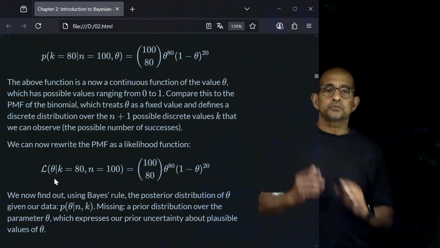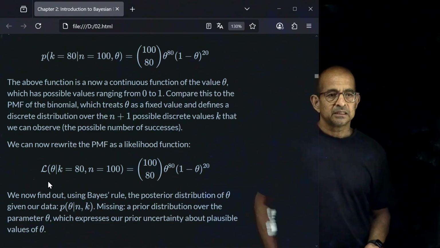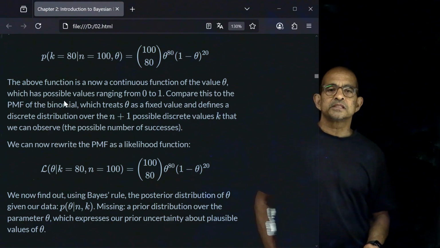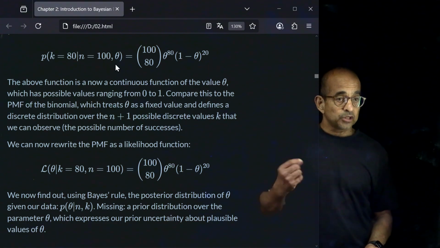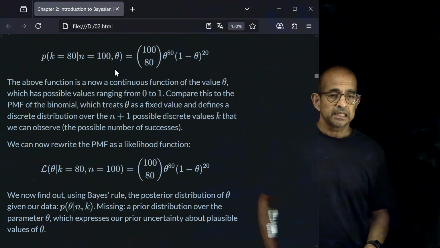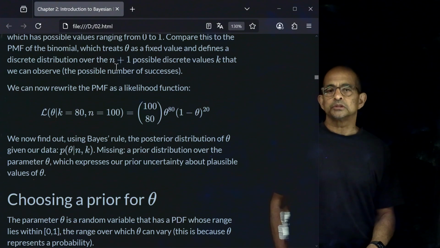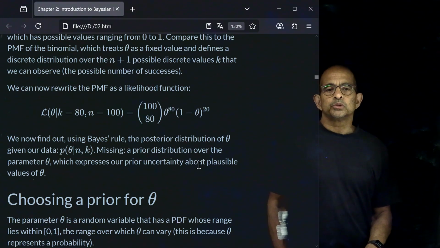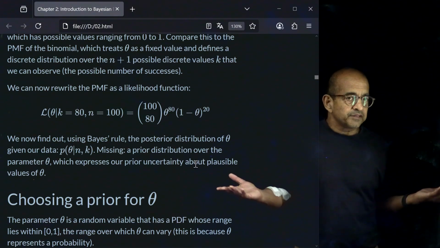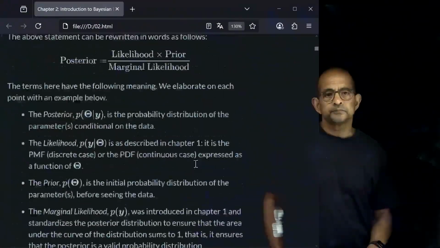So don't be confused by the fact that sometimes theta ends up to the right of the vertical bar and sometimes to the left of the vertical bar. What I'm doing is I'm simply fixing constant values here, and the value that is not fixed is the variable of interest. So we can write the likelihood function like this, and from now on we will be writing it in this manner. So please don't be confused about that. Okay, so we have the likelihood function. Remember Bayes' rule? If you go back to Bayes' rule,